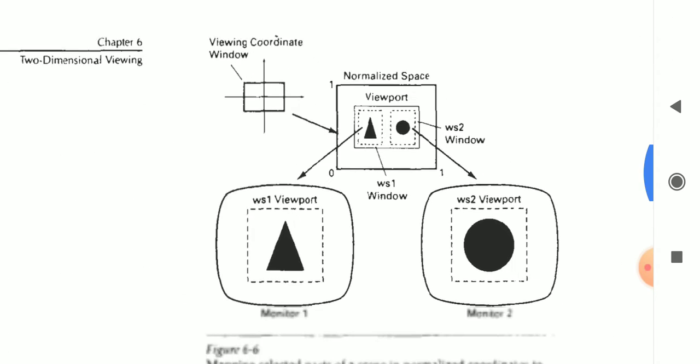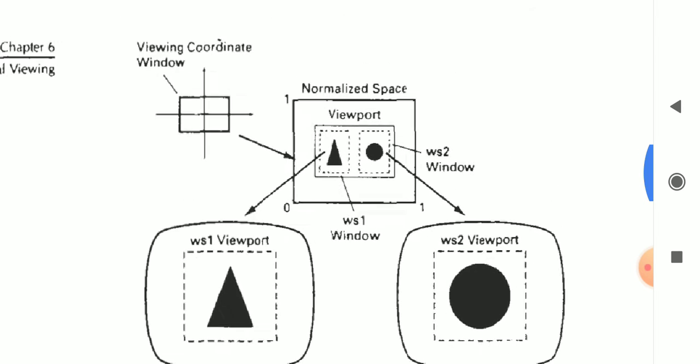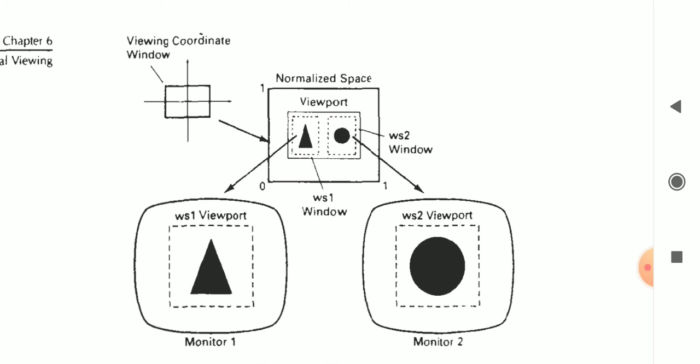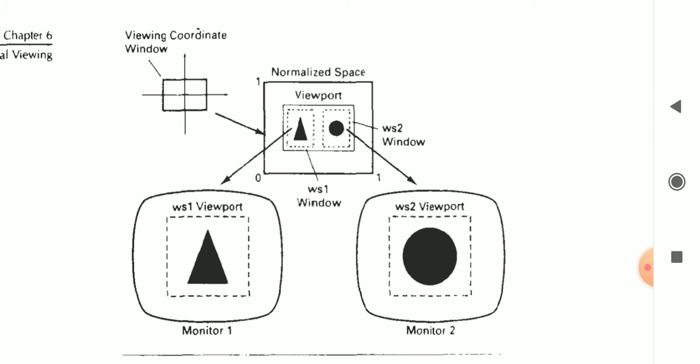Now look at this diagram. It shows the summarized concept of two-dimensional viewing. The monitor 1 and monitor 2 outputs are a triangle and a circle. Assume that these two are the primitives you are drawing with OpenGL code. So you will write glBegin and mention the code. That code will be drawn using your program and you can get the output on any output screen. You can see the output on a monitor, projector, as well as a mobile screen. Those screens are called view coordinate.